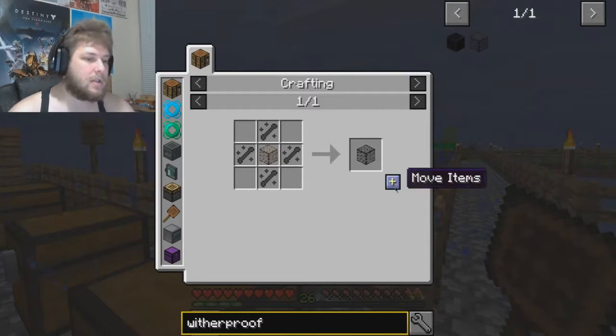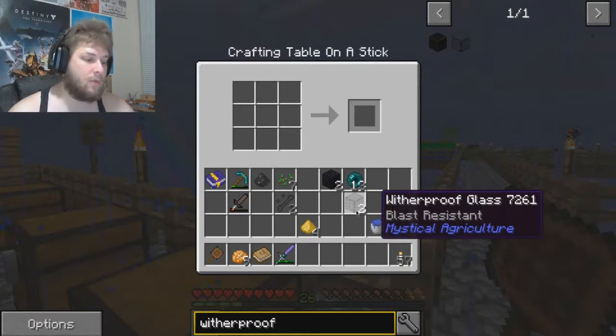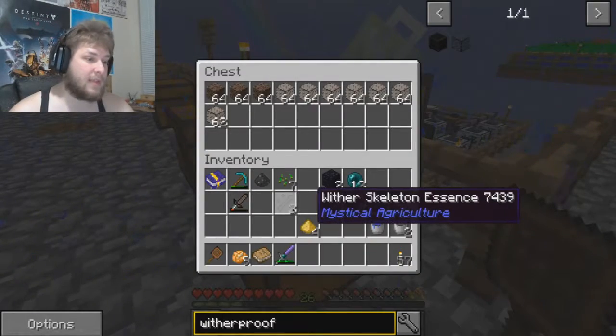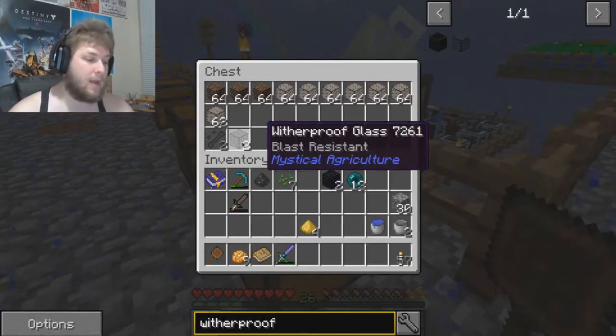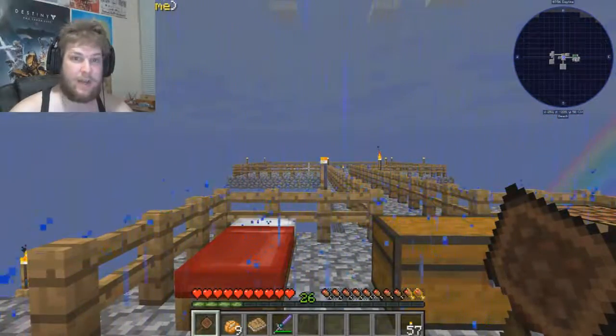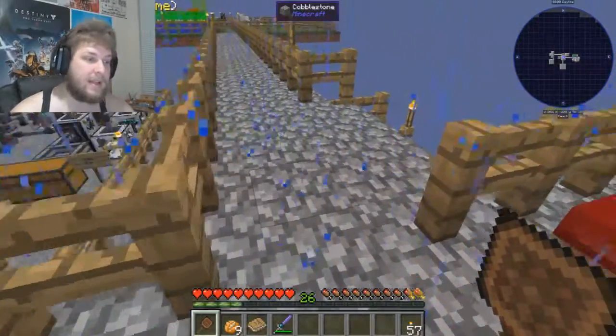Oh, okay, no, it's the top four. Anyway, the cardinal directions. So yeah, I'll have 2 left over, and that's two things of witherproof glass. So we'll go ahead and put that in there, and we'll put those in there. But once we make enough witherproof glass, then we make the cage out there. Once we make the cage out there, we can then spawn the wither and kill it as many times as